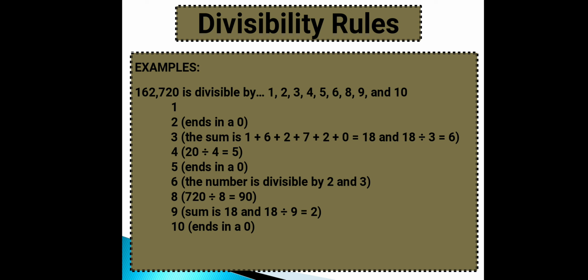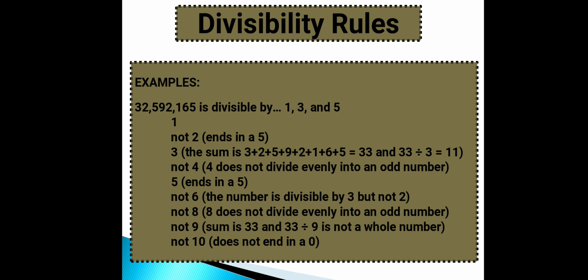Divisible by 9 because the sum is 18 and 18 is divisible by 9. And divisible by 10 because it ends in 0, and any number that ends in 0 is divisible by 10. Another example: